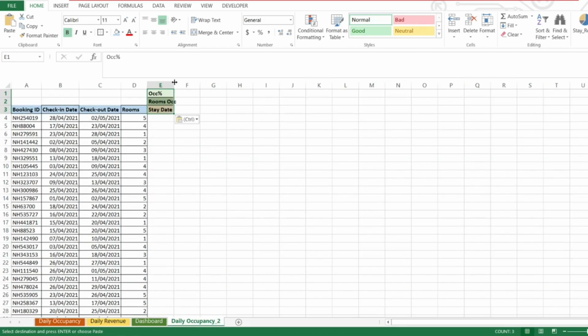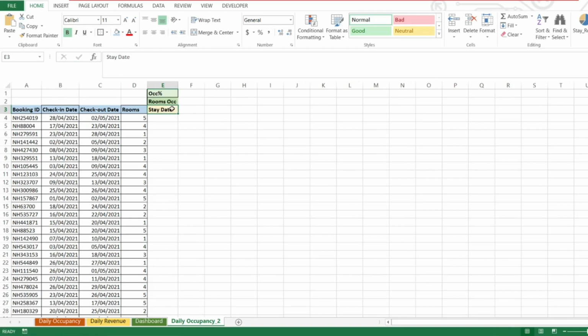Okay. So here I have the indicators which are given. So the stay dates. Let's say I have this bookings data. Be very particular that the bookings data is taken on a check-in basis. If you have downloaded data from your property management system, PMS, or your channel manager, or if you're managing it manually, from whatever source, the channel manager or PMS will give you the bookings data, it has to be the confirmed bookings only.